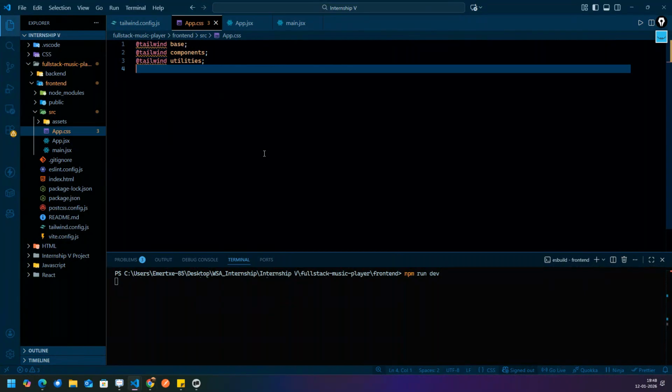Please follow the steps on Tailwind CSS, everyone.